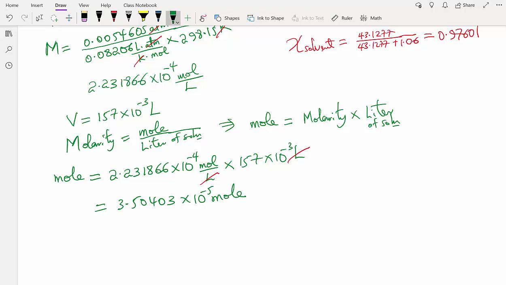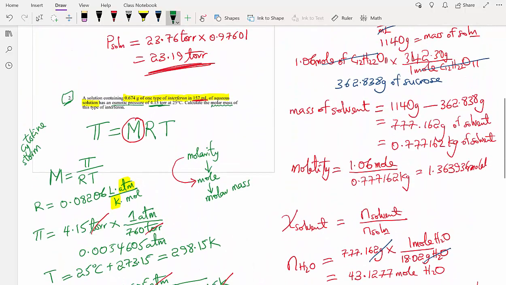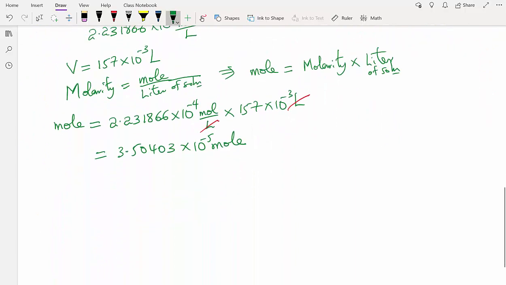We can then use the mole to find the molar mass. Let us again go back to the question. In the question, we were given a mass of 0.674 grams. Let us now use the mole and the mass to find the molar mass. Remember that molar mass has a unit of gram per mole. So, to find the molar mass,